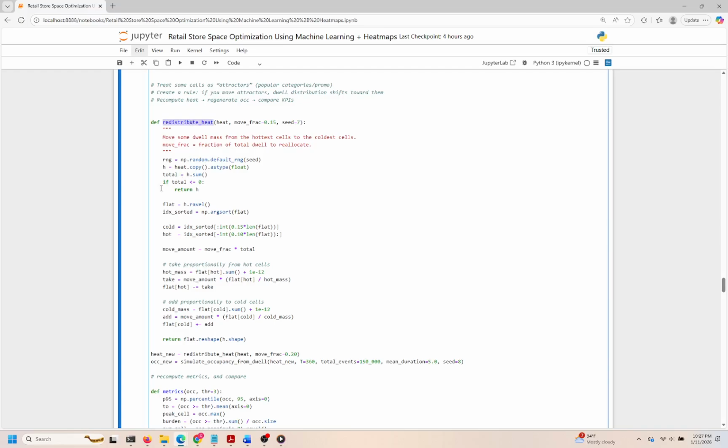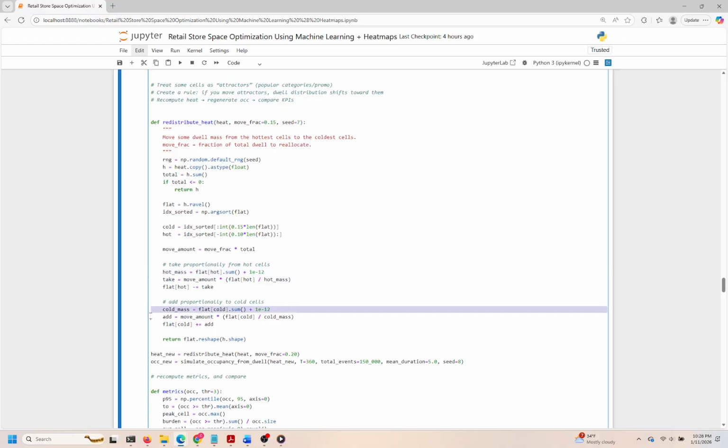It then organizes the heat values and identifies which areas are the hottest and coldest based on their dwell times. The redistribution occurs in two main steps. First, the amount to move is determined, and then it proportionally distributes that amount from the hottest cells to the coldest cells. This is crucial, as understanding how shifts in attention can influence user interactions allows for more informed design